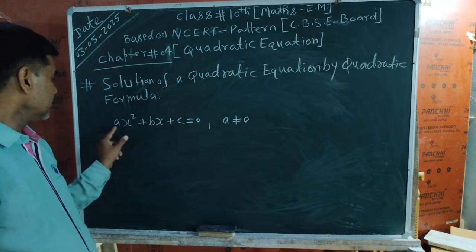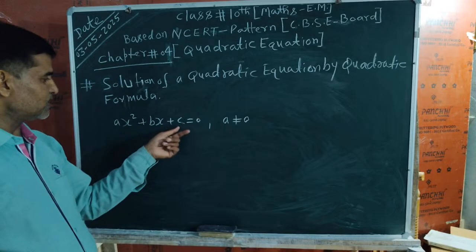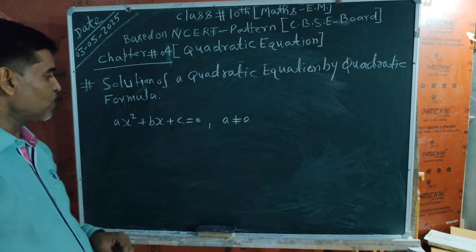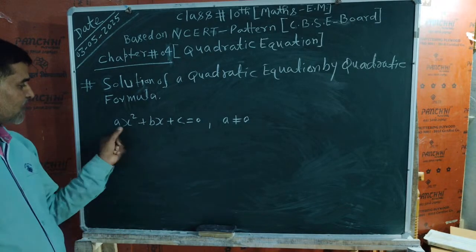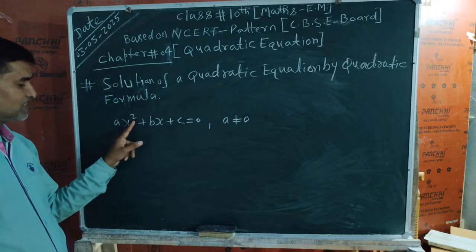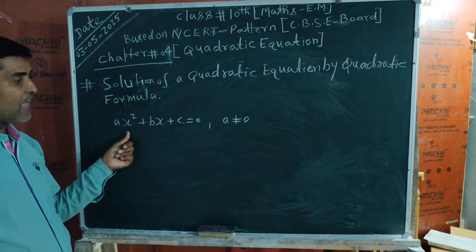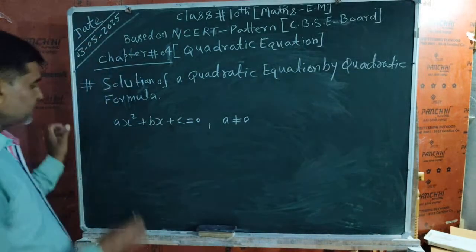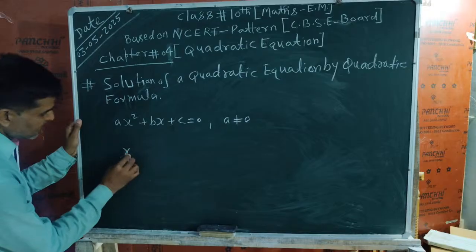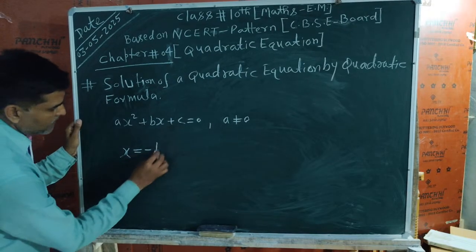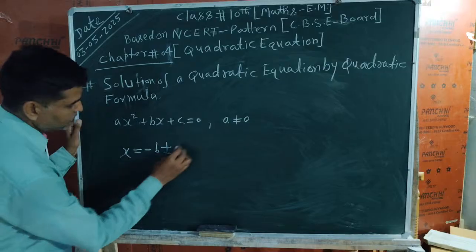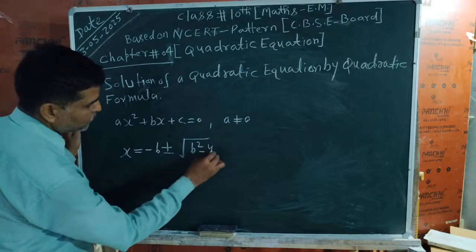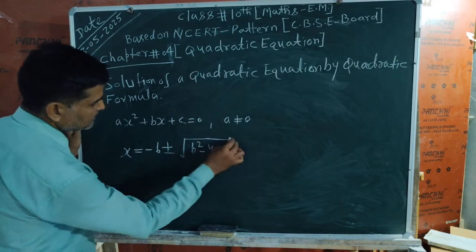It means that ax square plus bx plus c equal to 0 is a quadratic equation in general form. Because this quadratic equation has power 2, it will have two values, and those values can be obtained by the quadratic formula, which is written as x is equal to minus b plus minus root of b square minus 4a into c,